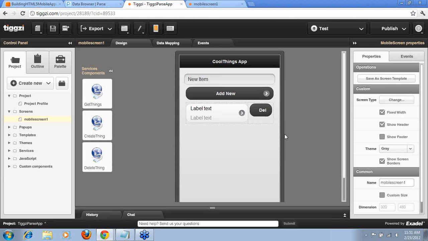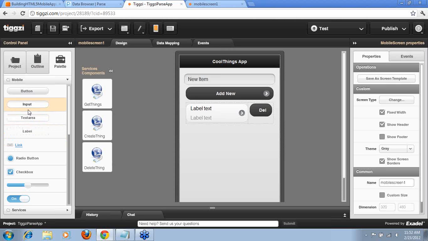Here's a question about using something else besides jQuery Mobile as the UI component. No, right now this is only jQuery Mobile. But you can load other JavaScript libraries. If the question is whether you can put other components in here, not right now, because